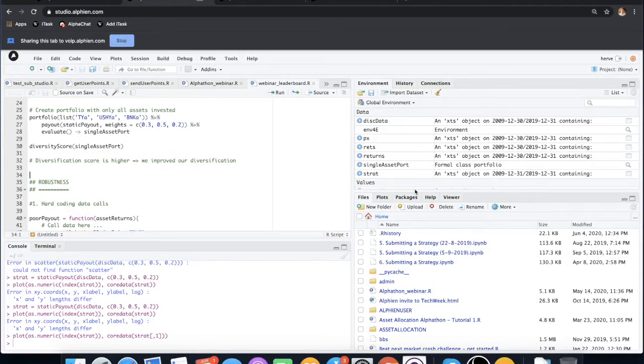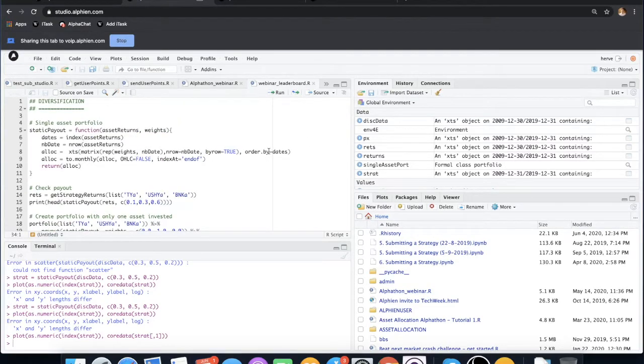We are in Alphien studio, and let's start with the diversification illustration. So here what I've done is I've come up with a very simple static payout.